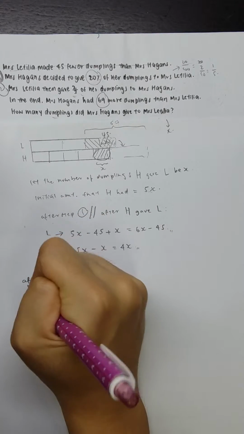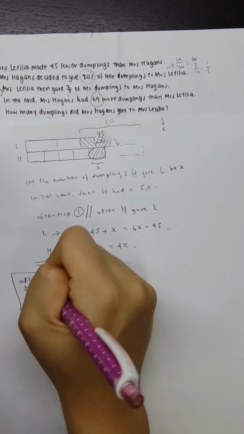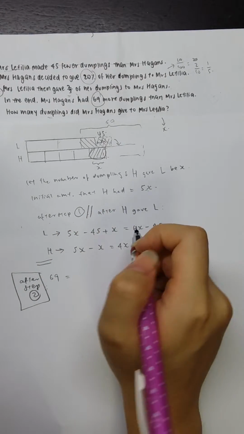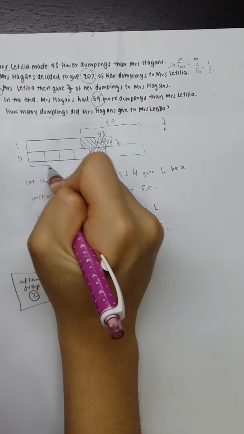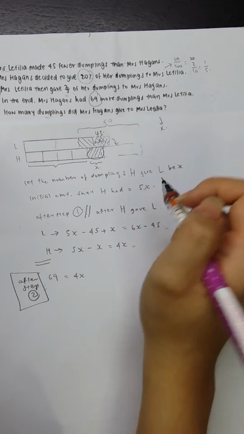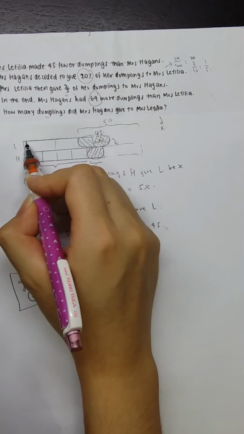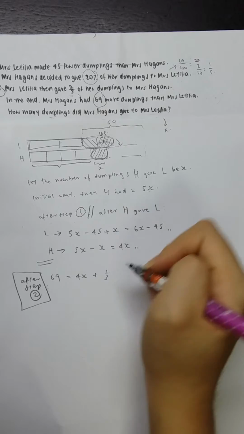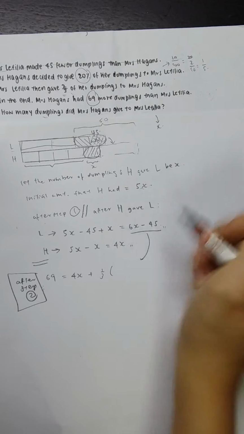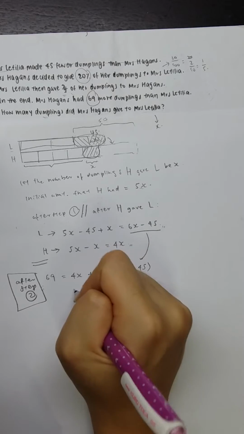So after step 2, would hence be this 4x plus the 1/3 of what Mrs. Latilia had after step 1, which is, write this down, 6x minus 45. Okay,